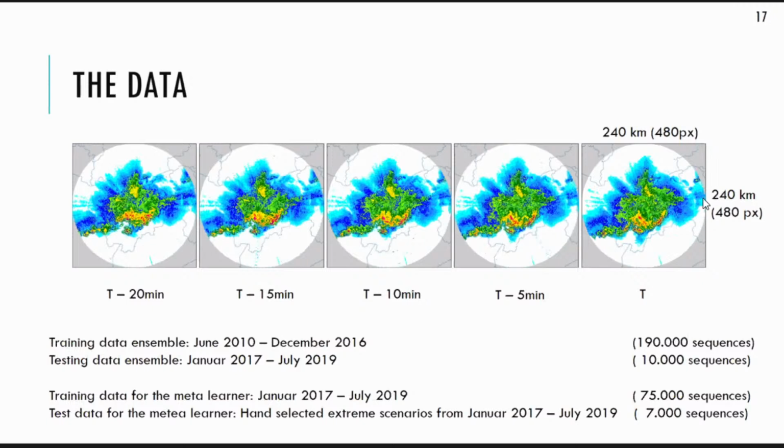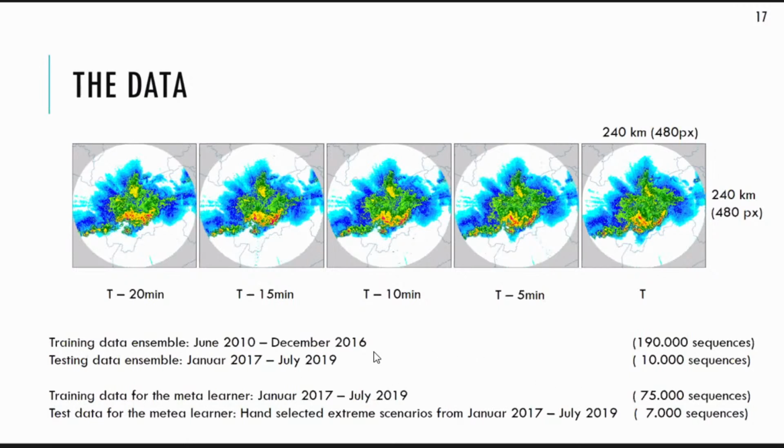And the area that is covered is 240 by 240 kilometers. What the authors did is they looked at the data from 2010 to 2019 and first looked for sequences where they have precipitation and excluded all sequences that don't have precipitation at all, because we don't need them to train on. Then they furthermore